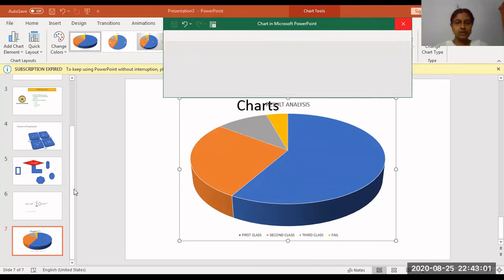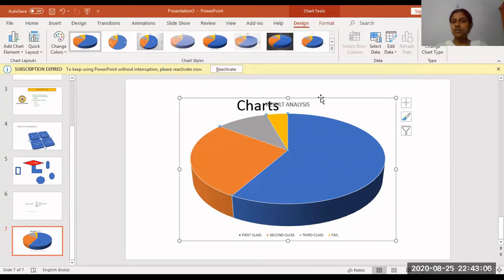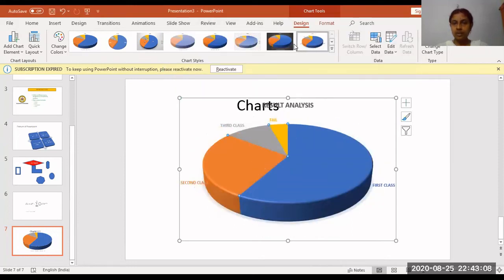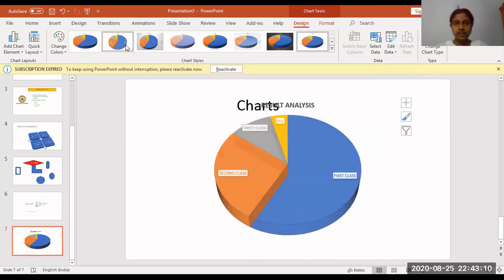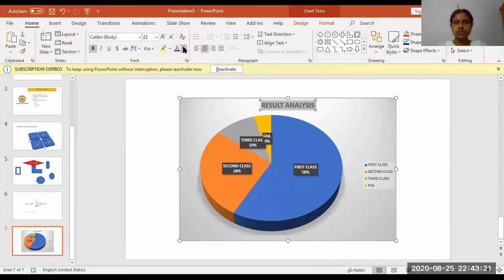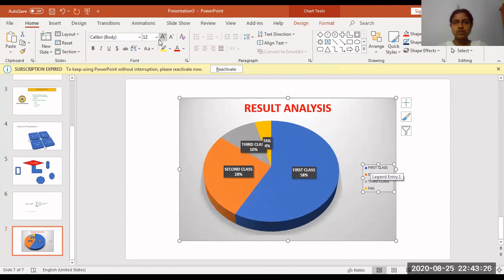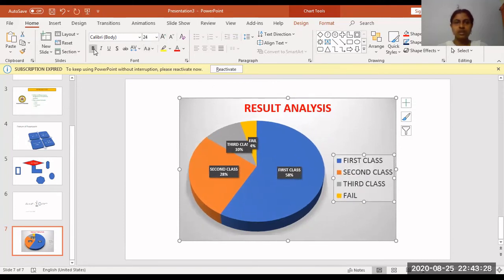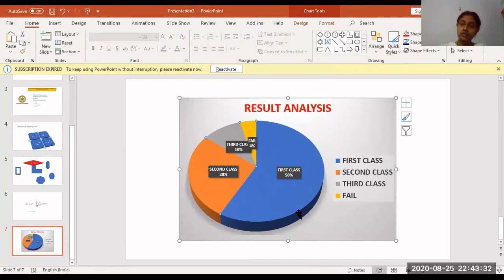So when you go back, your chart is being prepared. Here also you have an option. You can see there are varieties of chart options. If you want to select any of the options, you can select and use it. And if these colors are so dull, you can select and change the color combination also, and make it big, small, and all. See, this also I want to make big, then bold, like that options I can do. Okay, so chart also can be done.